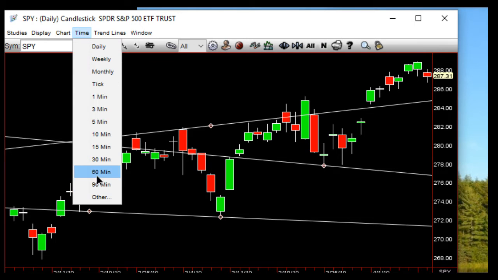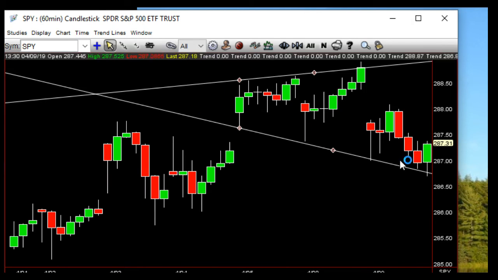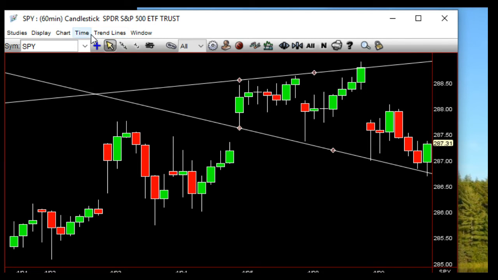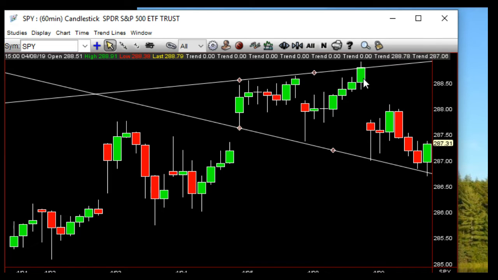If you go to the 60, you're going to see this broadening formation. So broadening formations get bigger and bigger and bigger. So the question is going to expand and try and come down, take some of this stuff out. We're going to rip back through here. So one of the things that's kind of easy to do is after the close, go back through 30 minutes, 60 minutes, all that kind of stuff. And what you're going to see here is, okay, what do we do? It's like nothing. Gaps down, comes down through here, takes that out, comes back up, and then here, there's your up, inside 60. Right back down into the lows and doesn't take out the highs.